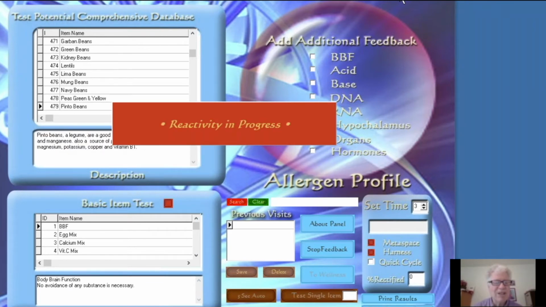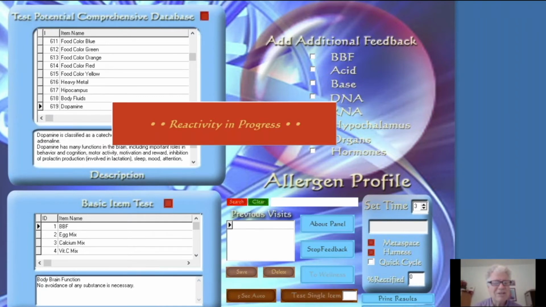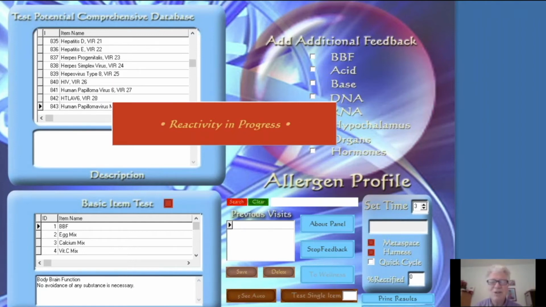It's the most updated, most modern. The main reactivity test has a lot of older things on it from the 90s and the 80s. It goes a ways back. However, I'm rearranging a lot of these things because it has some other advantages. The main reactivity panel. I think I mentioned it before the recording that